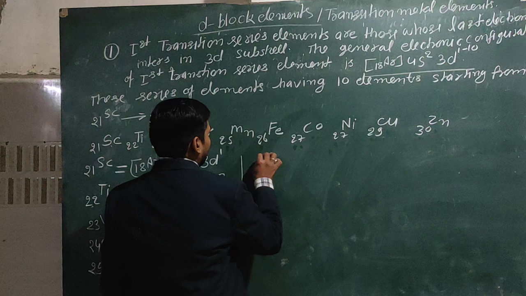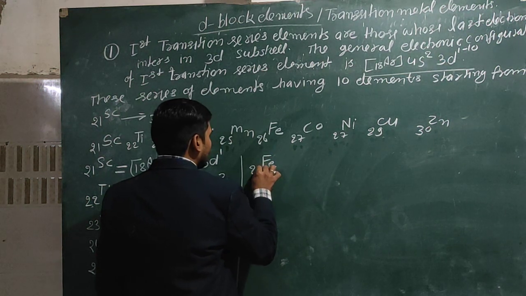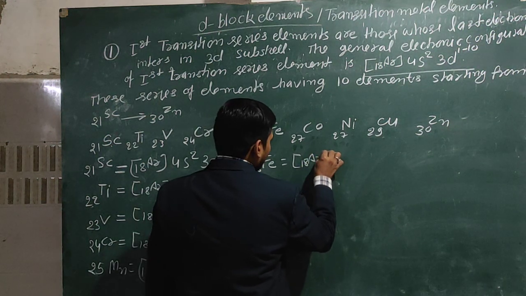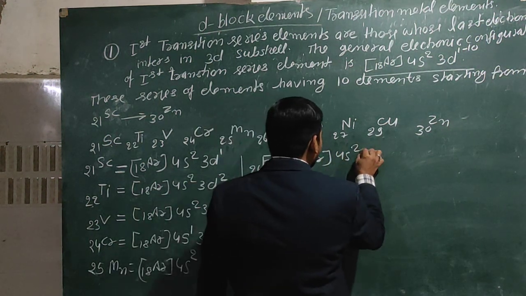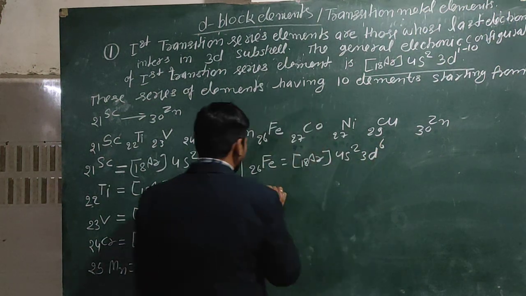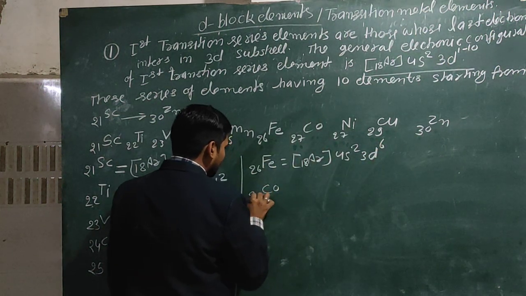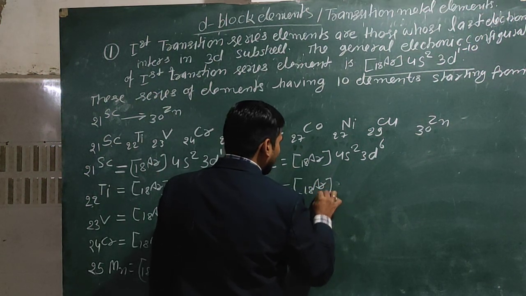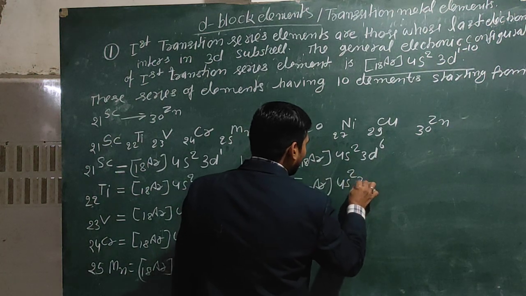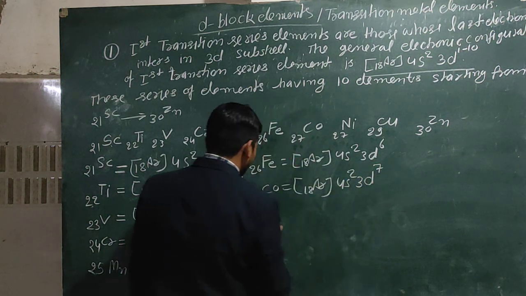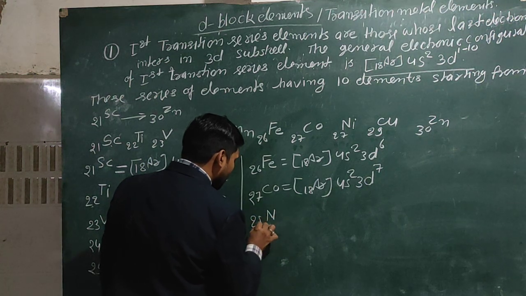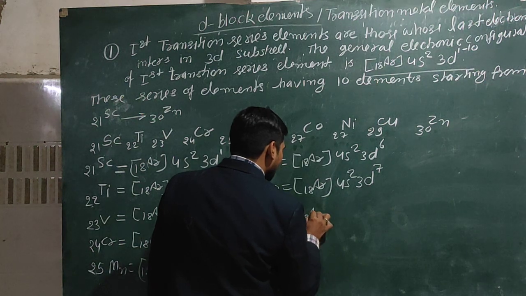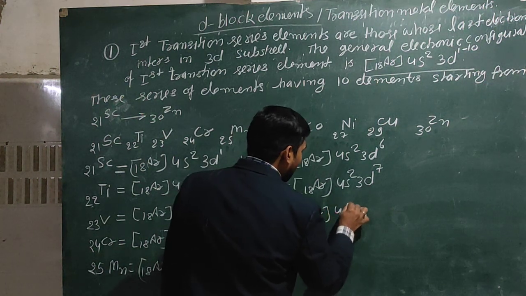After manganese, iron, atomic number 26, with electronic configuration argon 4s2 3d6; cobalt, 27, with electronic configuration 4s2 3d7; nickel, 28, and its electronic configuration 4s2